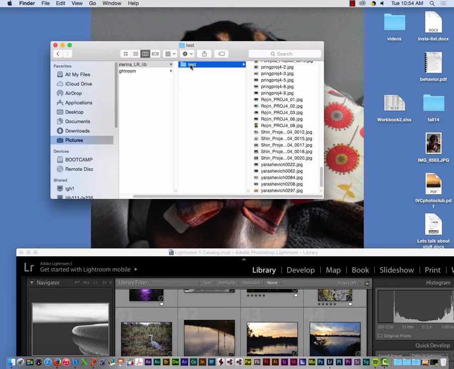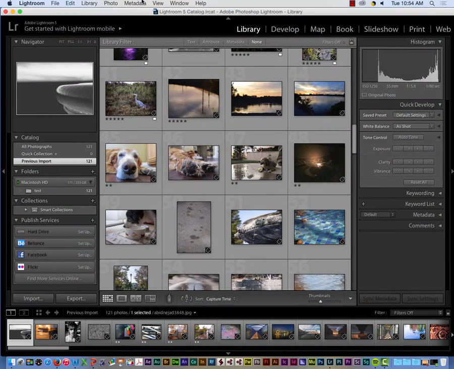If I move it around, it's going to break that link, and it's going to be hard to find those images. I've done this, I've had it happen, and then I can't find things or I lose edits. So you really want to keep those organized. All right? And now we're in the library module,